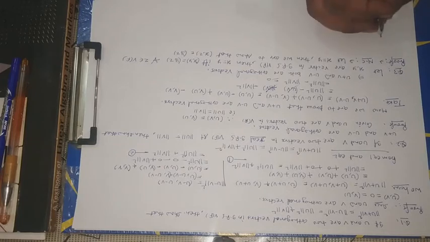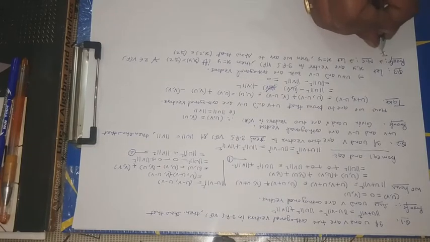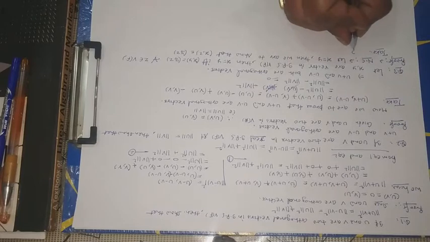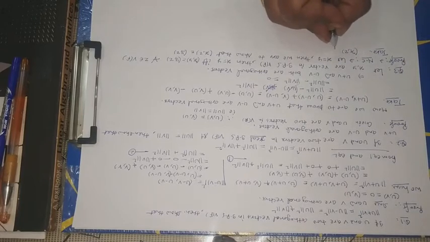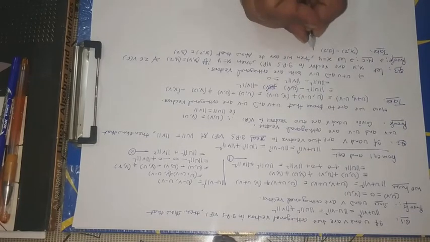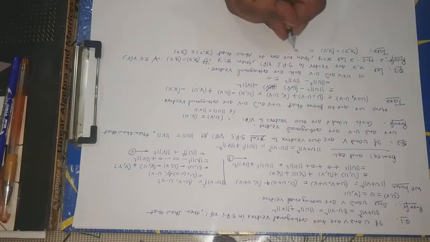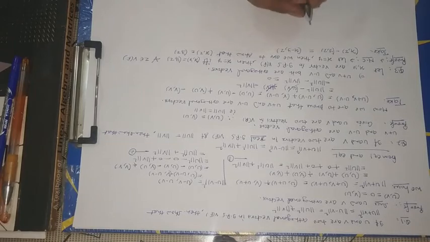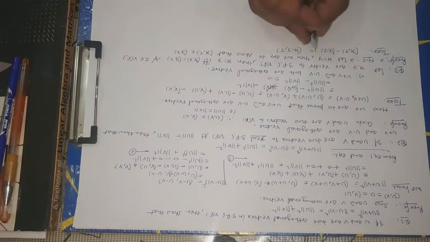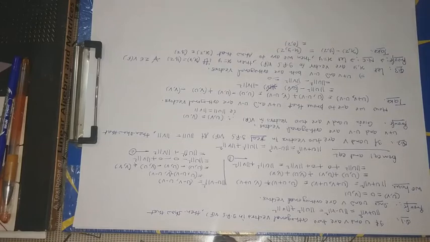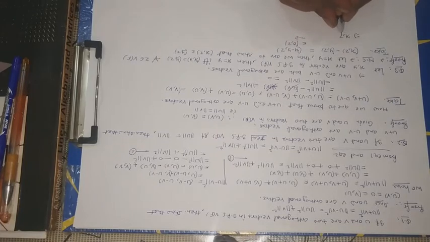Okay, take x inner product with z minus y inner product with z. This is equal to x minus y inner product with z, where x is equal to y. This is equal to 0. Inner product with z, that is 0, implies that x inner product with z is equal to y inner product with z.